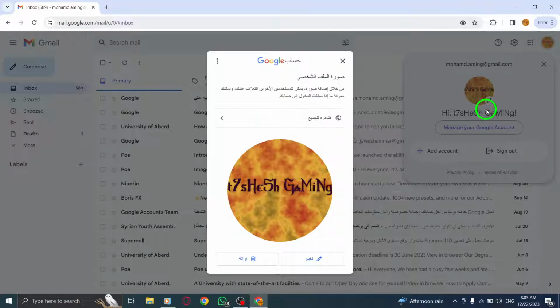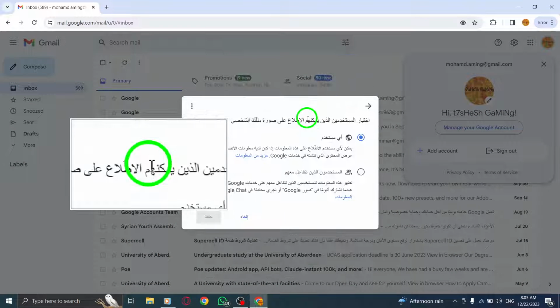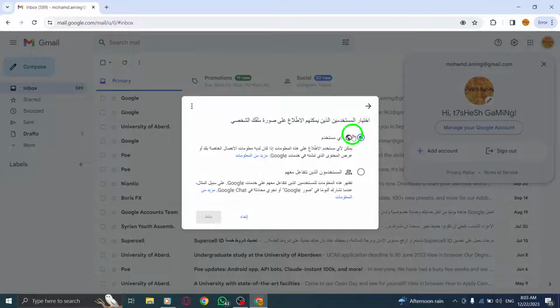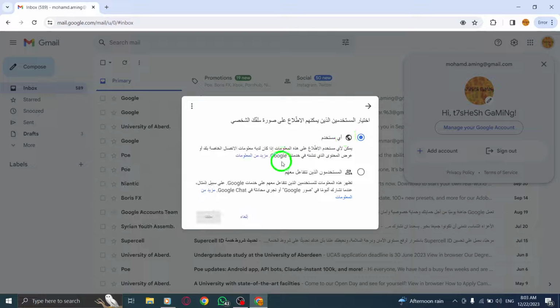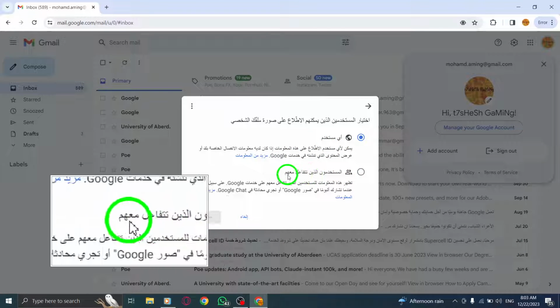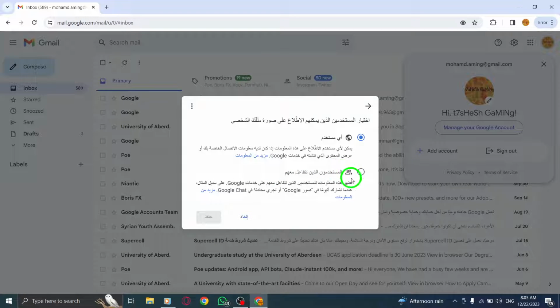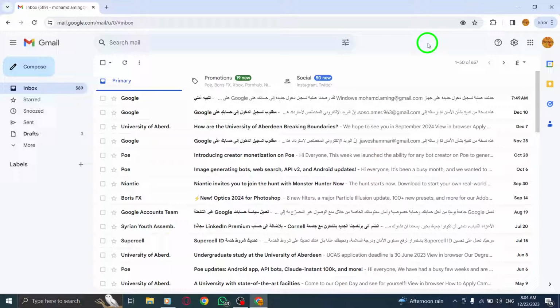Step 4. In the editing window, click on Visible to Anyone. This determines who can see your profile picture. Step 5. Change the visibility settings according to your preference. You can choose from options like Visible to Anyone, Visible only to people I can email, or Visible only to myself. By following these simple steps, you can easily change the visibility of your profile picture in Gmail on your